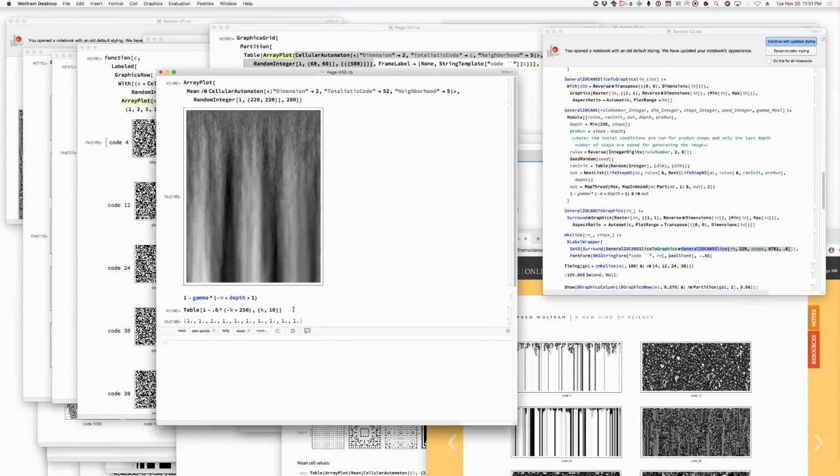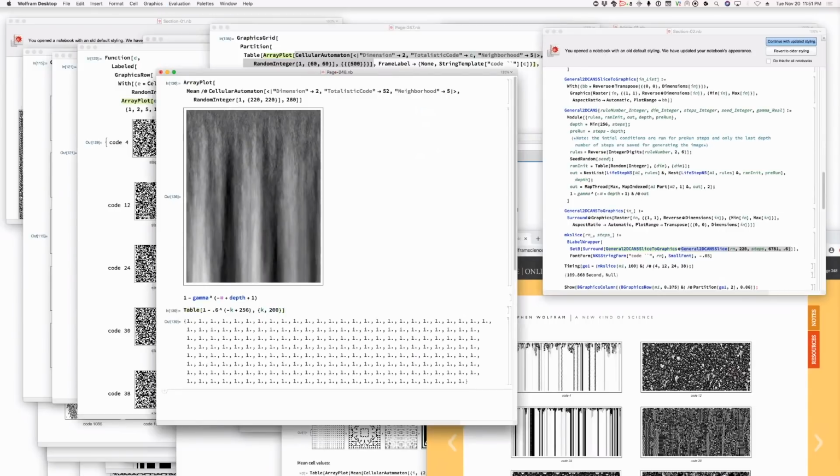Well, let's see what happens if we go to 200 there. Am I doing something really stupid here? Minus 0.6. Let's see, we go to 500. Oh yeah, okay. I don't think this is right though, because this is saying gamma to the power